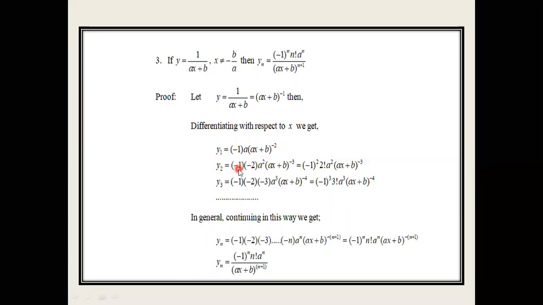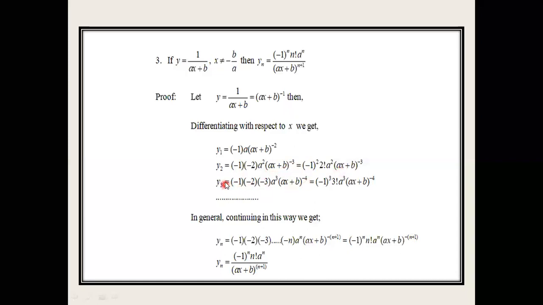Similarly you have to find the second order derivative. So -1 keeping as it is, what is the power? It is -2, so it becomes -1 into -2. A keeping as it is, and derivative of this ax plus b is a, so a into a is a square, and finally we can take the derivative of this whole function. तो यहाँ पे -2 था, 1 से कम होगा तो कितना हो जाएगा -3. So when we simplify the term, it becomes -1 into -1, means it becomes -1 whole square. 2 is nothing but 2 factorial. हम 2 factorial को 2 into 1 ले सकते हैं. A square का term as it is रहेगा, and this (ax plus b) raised to power -3 is also as it is.